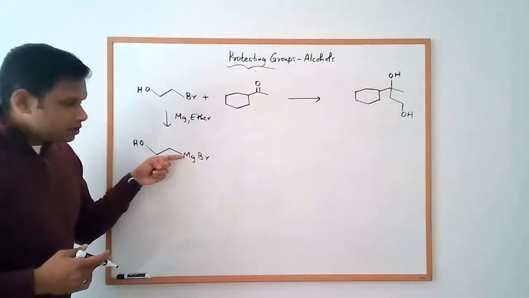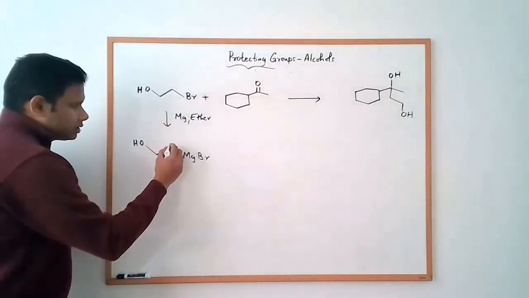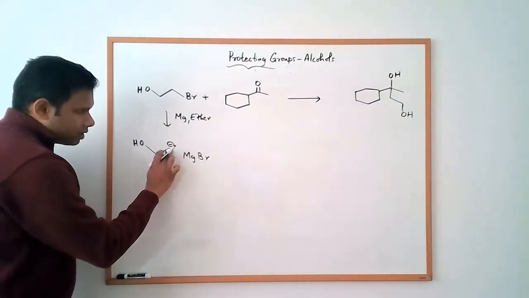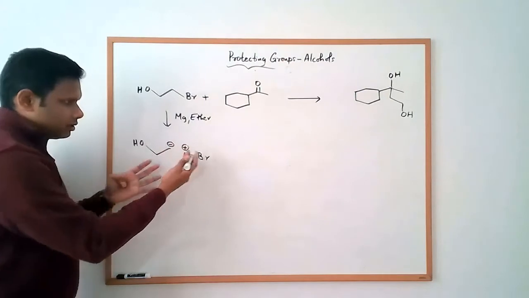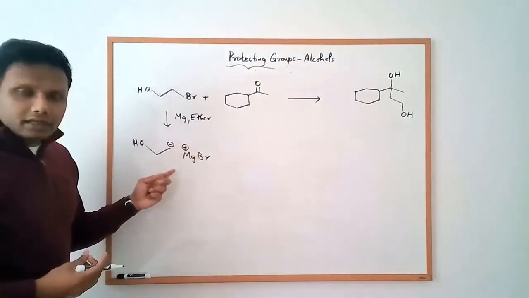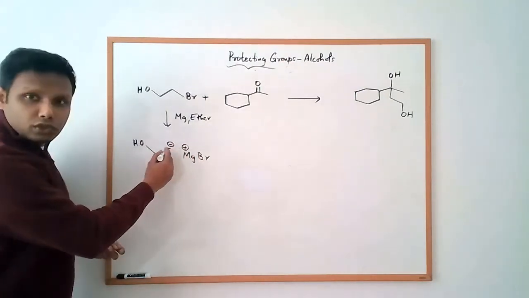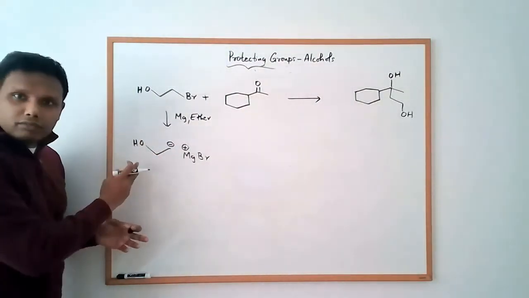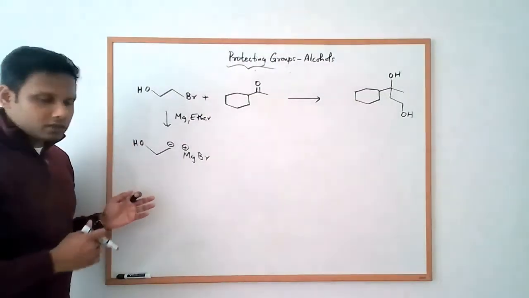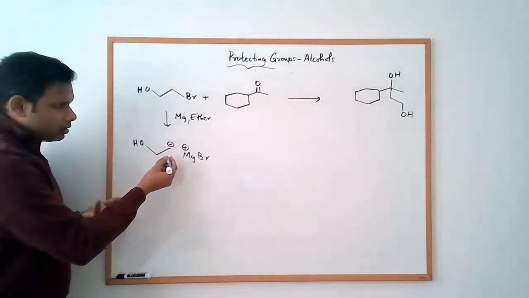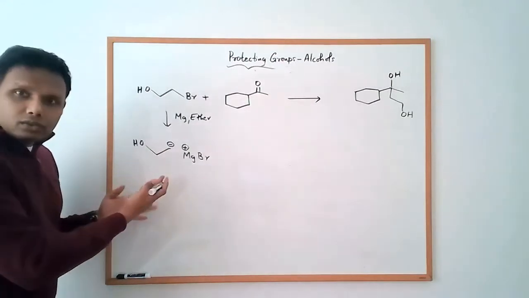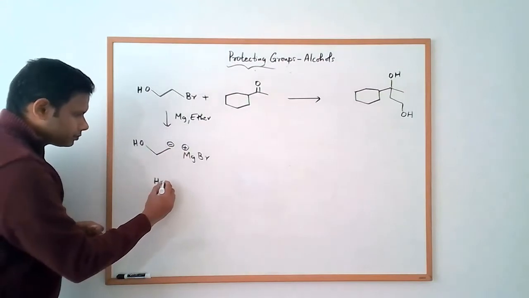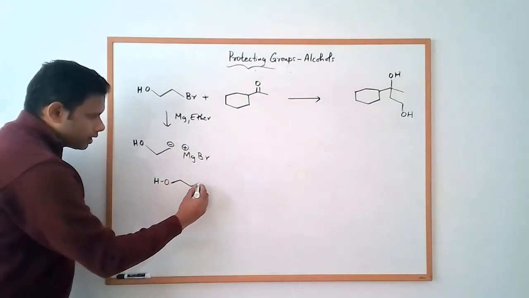There's a Grignard reagent on one end, which means this carbon here is negatively charged. Because understand that that's how the bonding is. There's a negative charge over there. So there's a nucleophile, strong base. And within the same molecule, there is a hydroxyl group. So when you make a Grignard like this, it is very likely that one molecule of this Grignard could react with